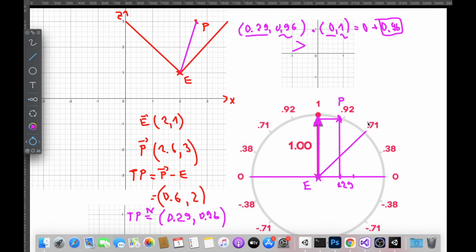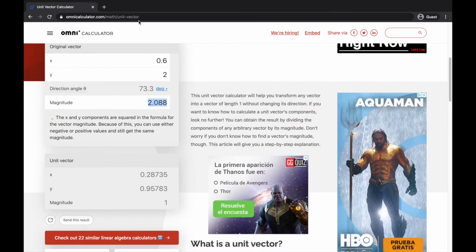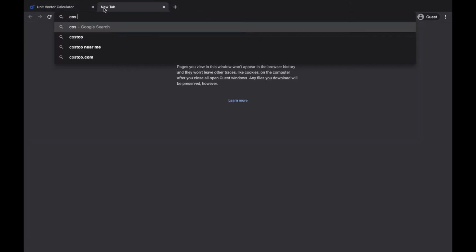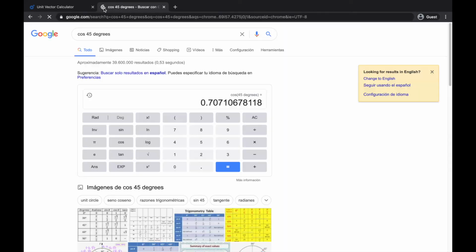Okay, we don't know what the value actually is yet. We need to compute it. If you want to know the cosine of 45 degrees, just put it into a calculator. So we are looking for, let's play the calculator, I'm looking for the cosine of 45 degrees. All right, and that's a value